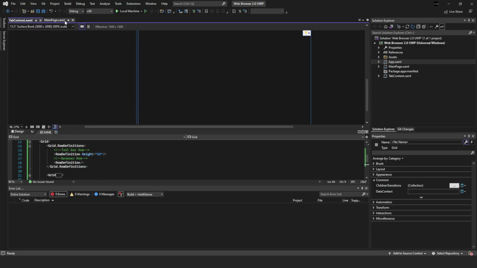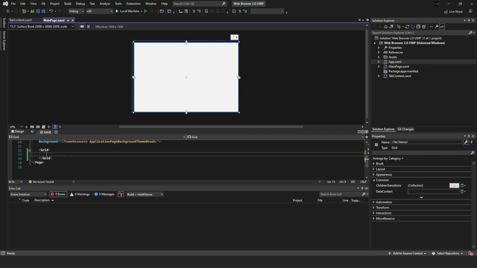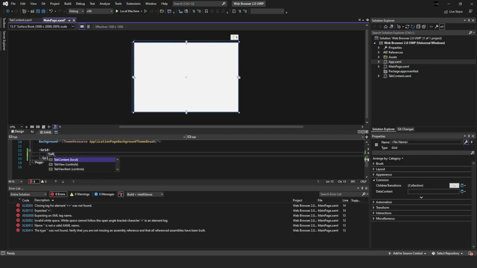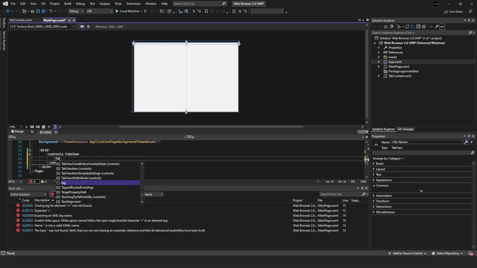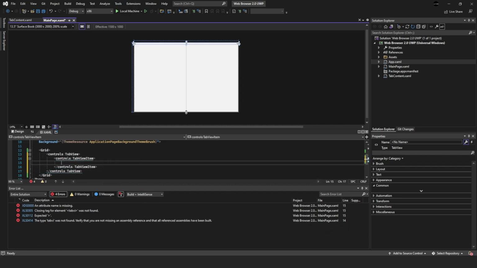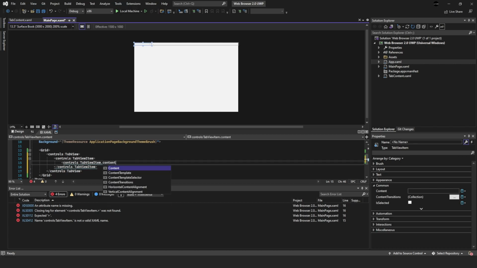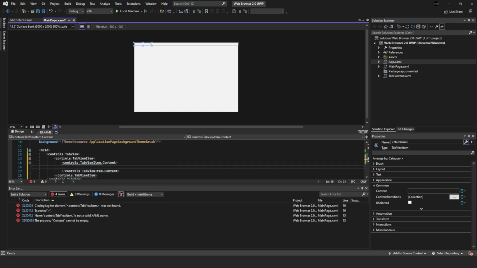So let's go back to our main page, and in here I'm going to add the tab view control, and then I'm going to add tab view item and tab view item dot content, and then